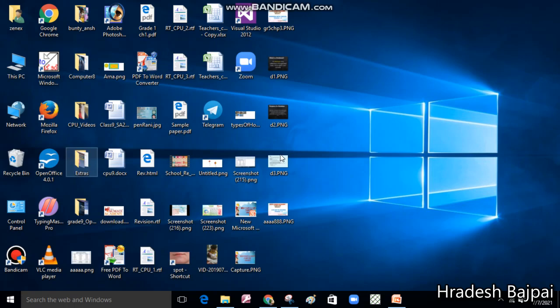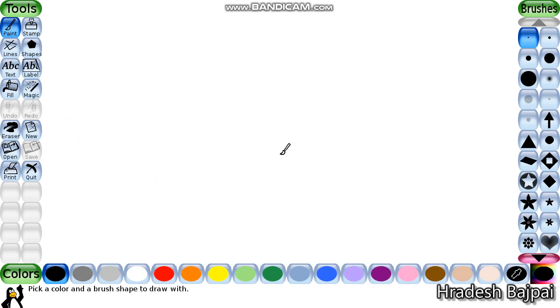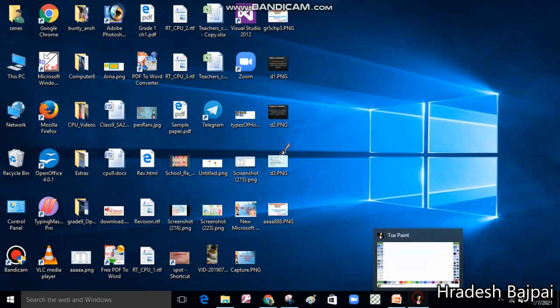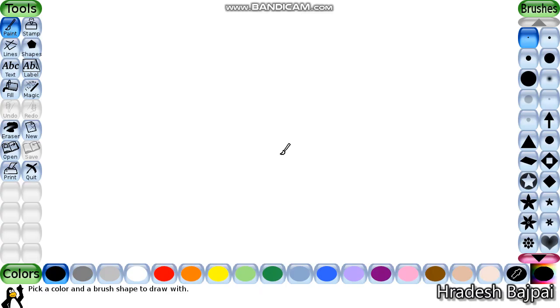As you click here, see, this is the Tux Paint window, and this is your workspace. Here you have to work. Now I will tell you about the components of Tux Paint. Yes, this is the Tux Paint window.